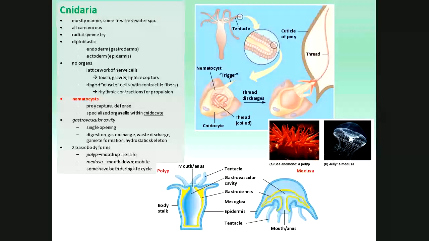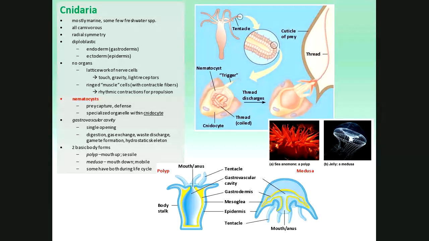We have a group of nerve cells that respond to very simple things like touch and gravity and light. We have a group of ringed muscle cells with actin or contractile fibers, those fibers that allow the amoeba to stretch out, right? The actin fibers along the inside of the cell membrane allow it to stretch out without exploding. And they can move these in a rhythmic way, so they can move. So jellyfish are kind of one of those that are planktonic, nektonic a little bit. They can move a little bit, but they're really mostly going to be drifting with the current.